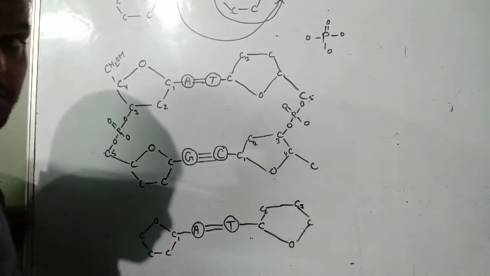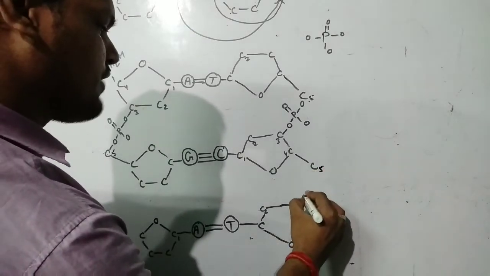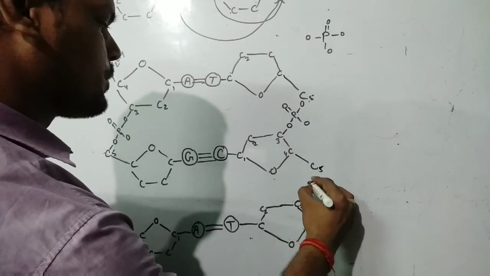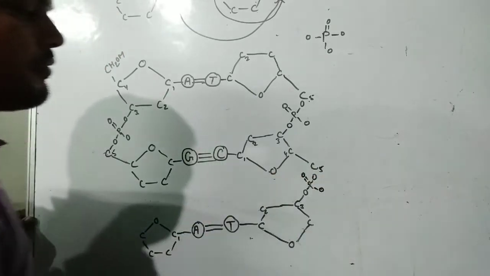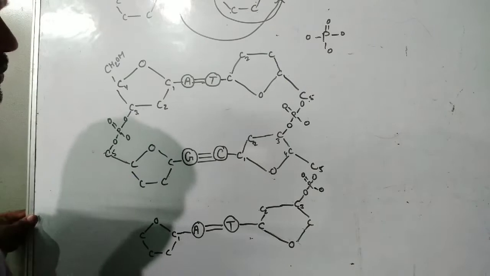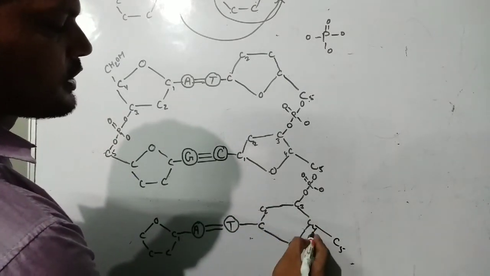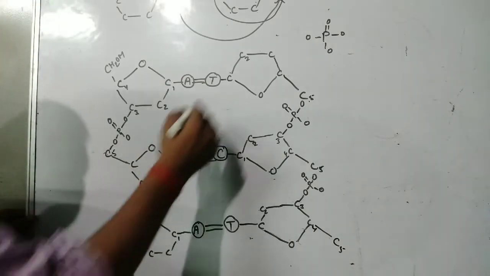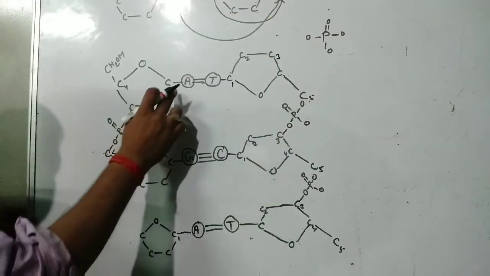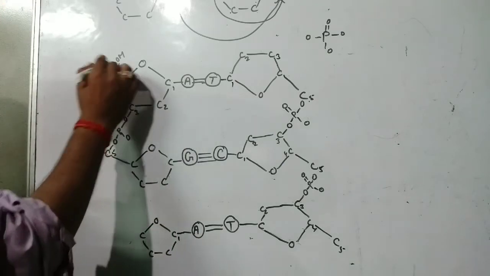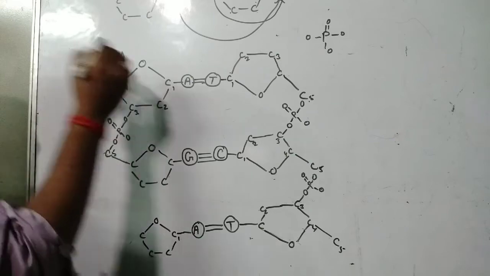ये आपका C3 आ गया, ये आपका C5 है. C3 C5 से फिर से कैसे कंबाइन करेगा? फॉस्फेट ग्रुप के जरिए. It is again going to combine with C5 with the help of the phosphate group. And here this side we have fifth carbon. This is third, this is fourth, this is fifth. This is first, second, this is third carbon upside. This is first, second, third, fourth, fifth. Fifth carbon upside. Let us write fifth carbon upside.